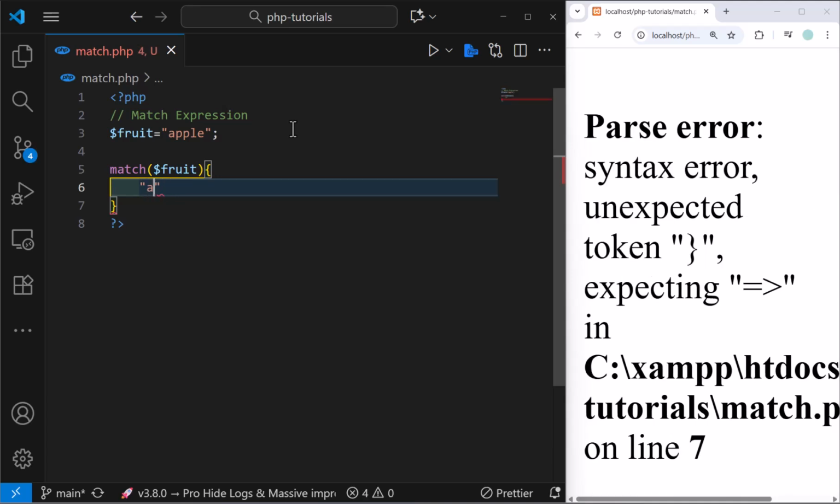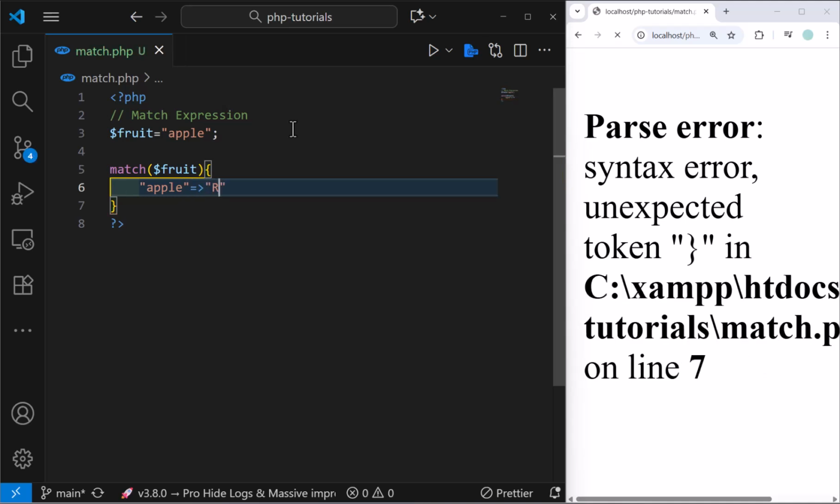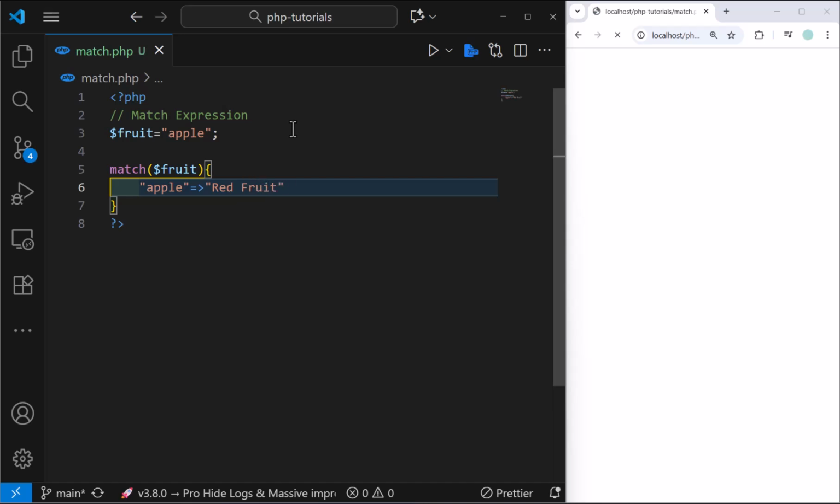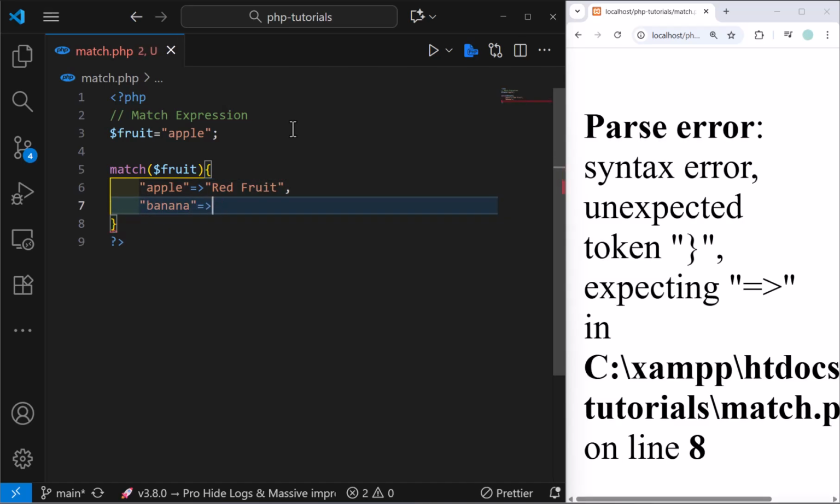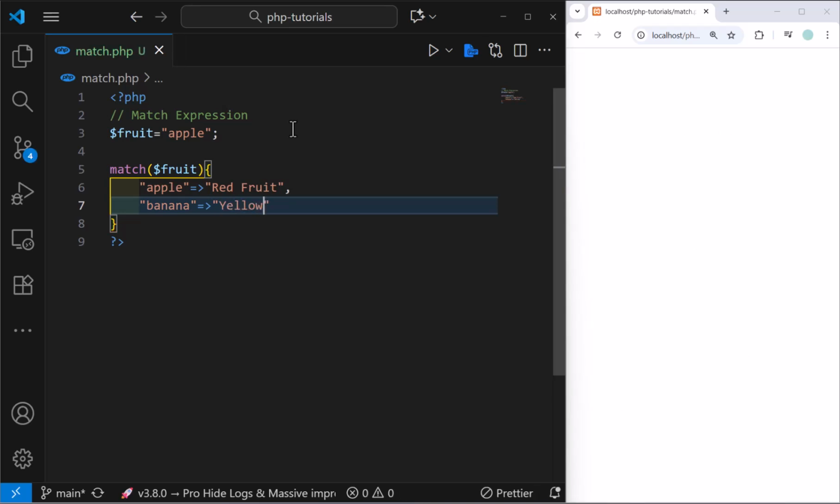The first option will be apple, and if it matches apple, return red fruit, then comma, same with banana, then I will say return yellow fruit